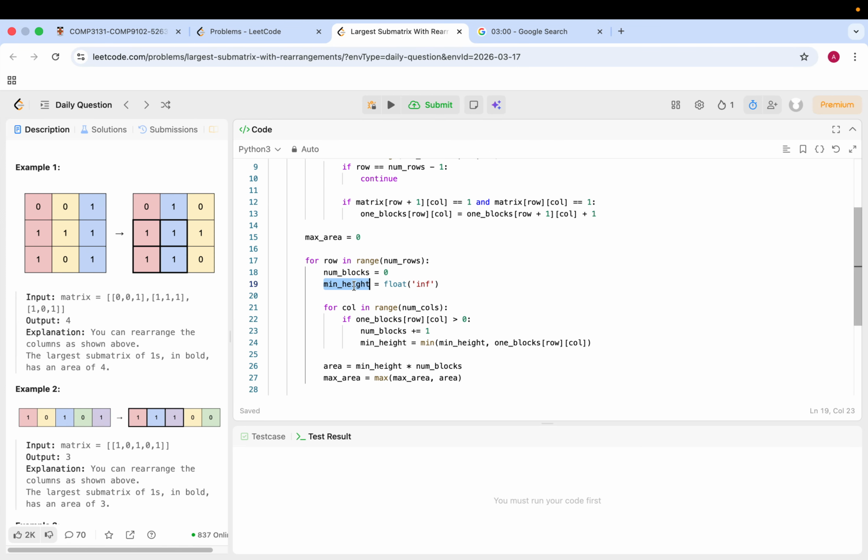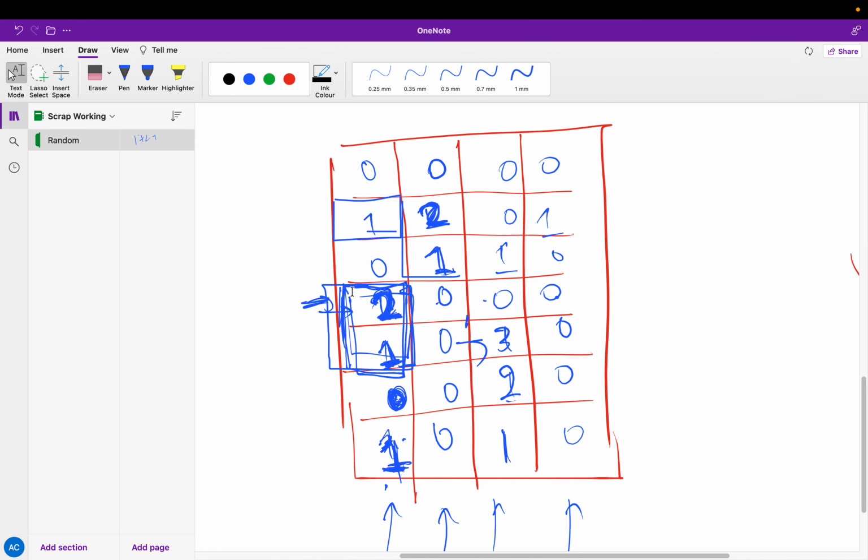Should min height be max, like infinity? Surely, right? Because I want to be minimizing. Yeah, I want to pick the minimum value. So yeah, 2. And then when we get to this row, this is the beauty of this array, is like,